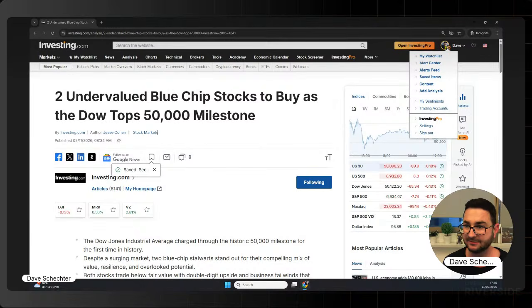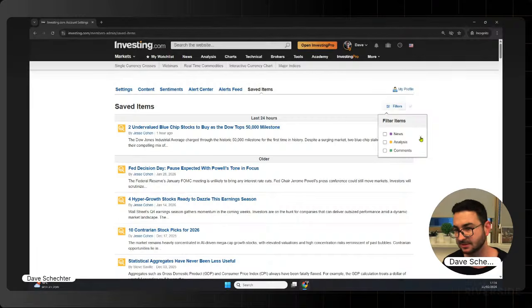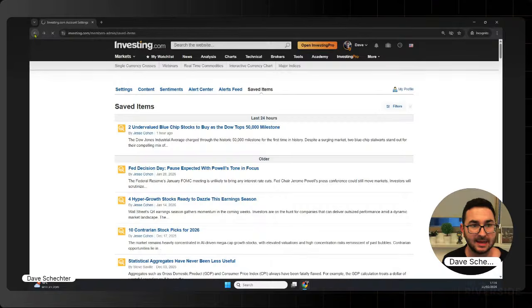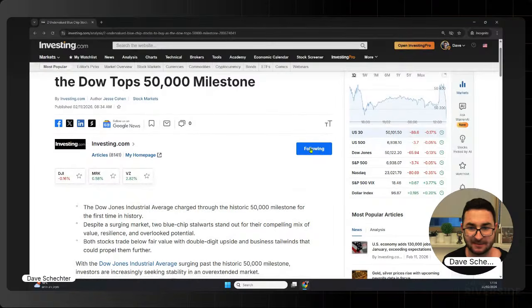take a look at my saved items, all I need to do is hover over my profile icon and then click on saved items. And here I have it broken down by the last 24 hours or older. I can filter it by news, analysis, comments, anything that I like. The choice is yours. And if we quickly jump back to the article that Jesse wrote,